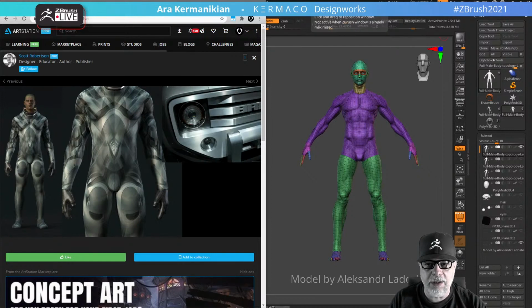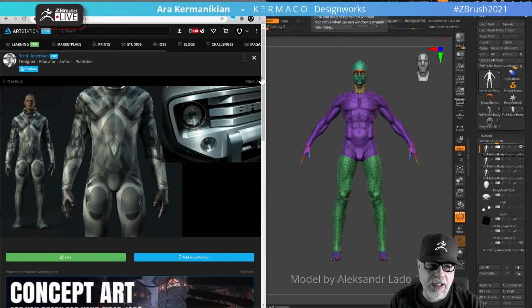We do fun projects in ZBrush, and what I wanted to do today is share this technique with you that I use for character development in ZBrush, and it's gotten a major boost recently with some of the new features in 2021.7. So here we go. This technique is kind of a